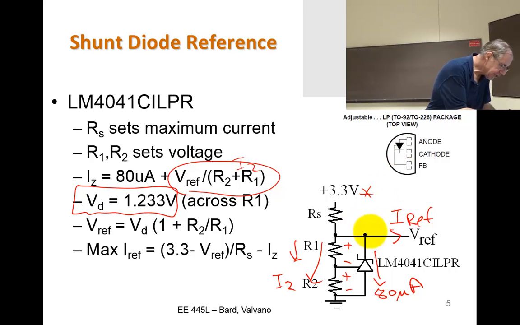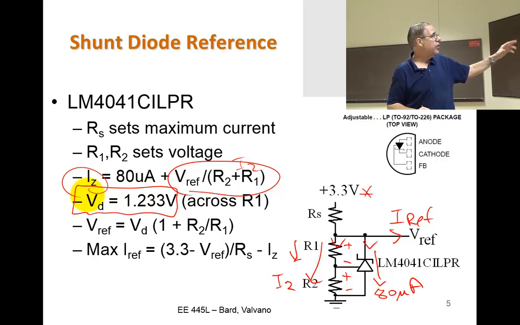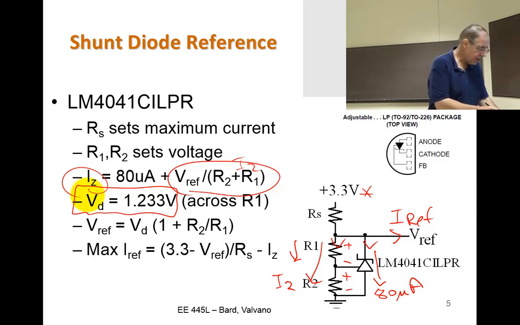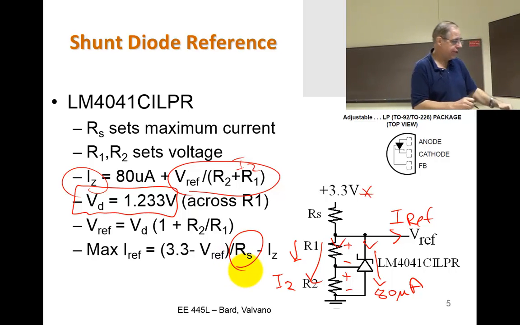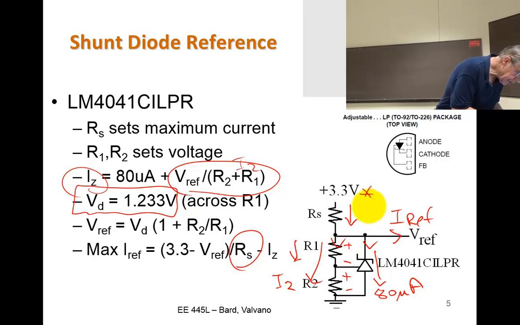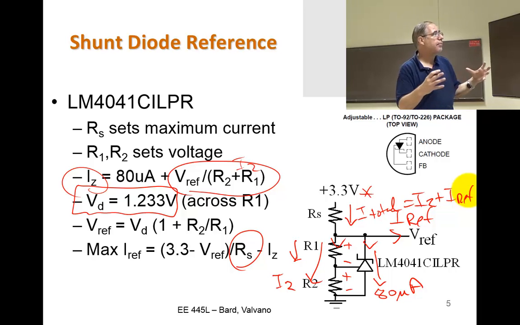And so this whole thing, these two together, we're going to call IZ. And then what I got to do is choose a resistor RS such that 3.3, this current here, is obviously equal to IZ plus I reference. So we're going to choose a resistor RS to set the maximum current